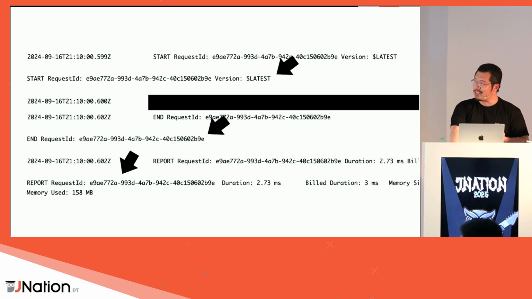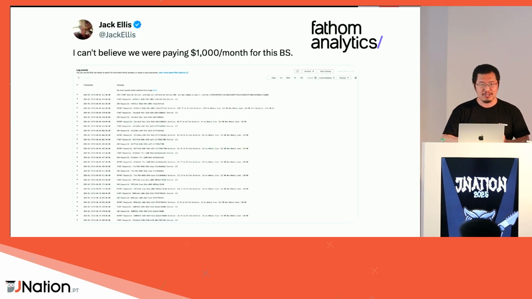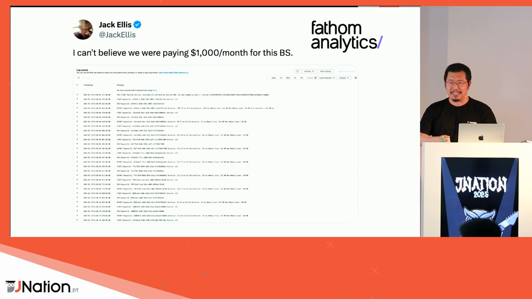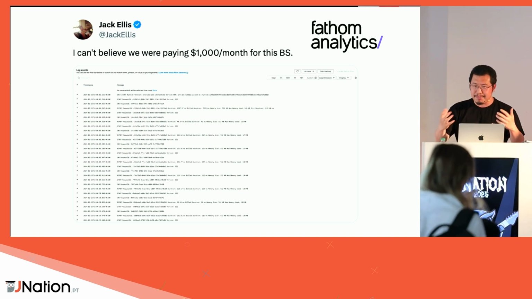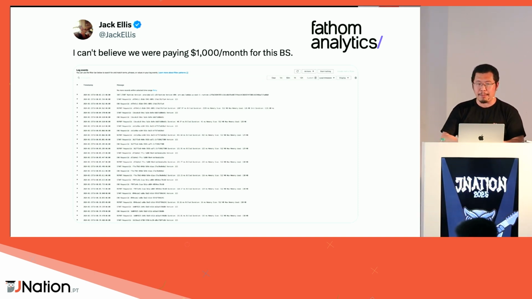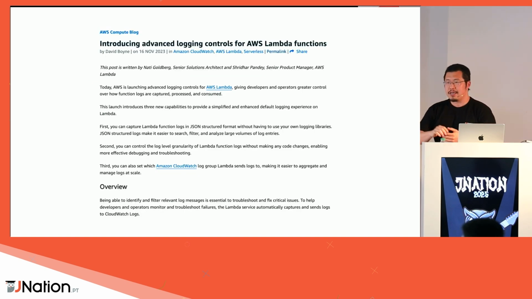However, when you're someone like Thafan Analytics, which does web analytics, they track millions or billions of events every month. And for them, just those system messages alone were costing them over $1,000 per month. And they're not getting any value for it. So when you have system messages for Lambda that you're not getting any value from and you're paying a non-trivial amount of money for, then it's better to consider using the relatively new,